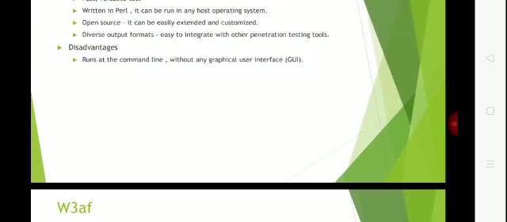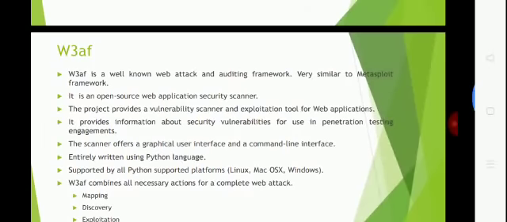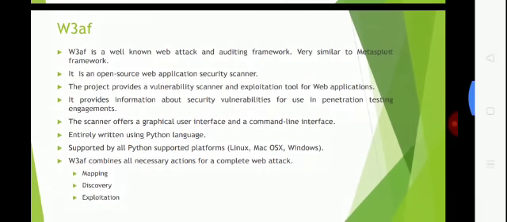Earlier, we saw that Nikto had a disadvantage because it runs at the command line without any graphical user interface. Whereas W3AF offers a graphical user interface and a command line interface as well. And it is entirely written in the Python language, whereas Nikto was written in Perl.